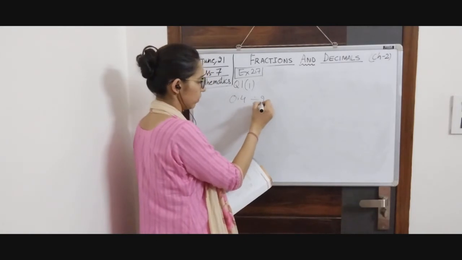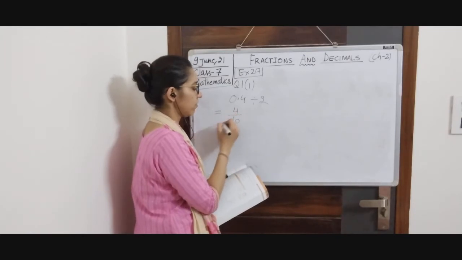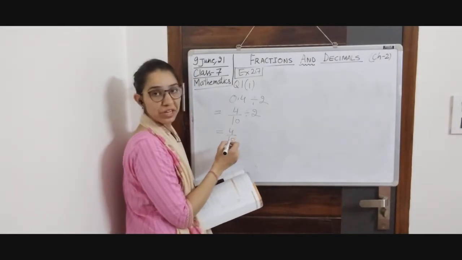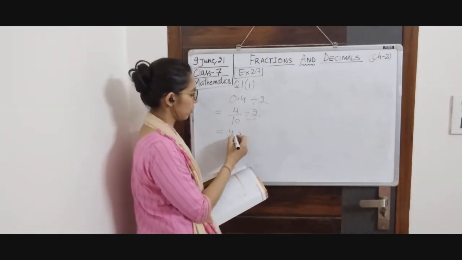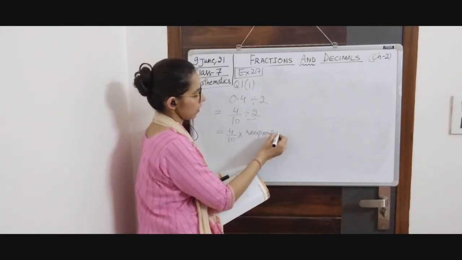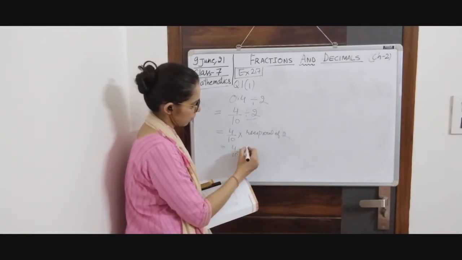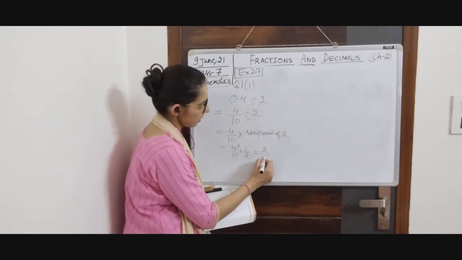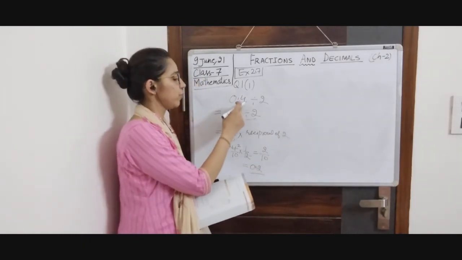Suppose you want to do this one. Okay? First step will be we will remove the decimal. We will get this. Okay? Divide by 2. Then, as we used to do in fractions, we will convert that into multiplication with the reciprocal. So it will be into multiplication and the reciprocal of 2. That will be 4 by 10 into 1 by 2. Okay. 2 into 2 is 4, which will be equal to 2 by 10, and we can write 2 by 10 as 0.2.